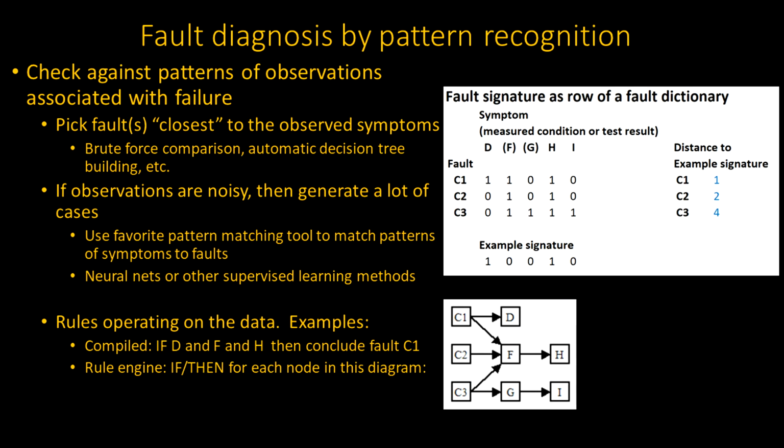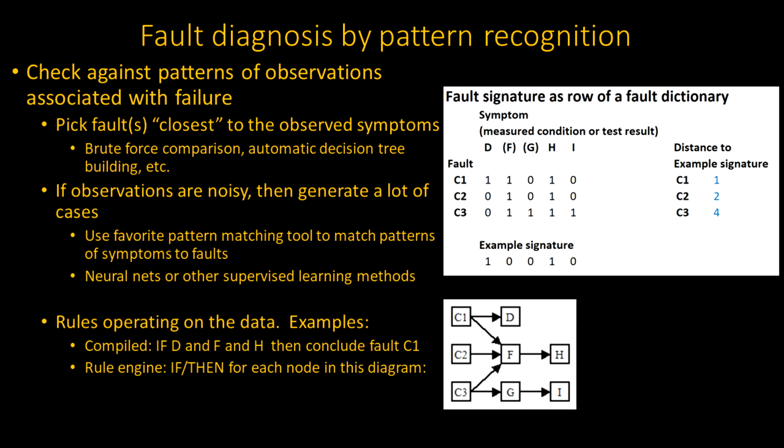So this binary fault signature approach, that's something you can go through pretty quickly just with brute force. If you have an example signature and want to compare it to every one of the possible faults, and you only have a couple hundred or even a couple thousand, you could run a direct comparison to every single element in that table pretty quickly. If it gets to be really big, you might want to consider some way of generating automatic decision trees or something. But this is an example in general of pattern recognition, and that was just a particular form of pattern